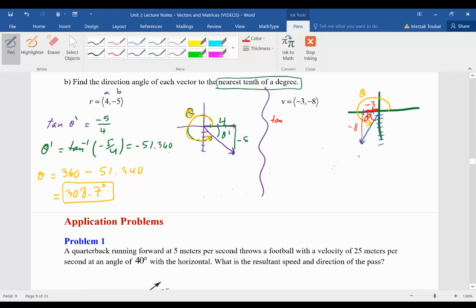I can barely see the prime, so theta prime. Tangent theta prime is opposite over adjacent, -8 over -3. So theta prime is tangent inverse of 8 over 3. The minuses cross out. So let's do that. We're going to do tangent inverse of 8 over 3. And that's